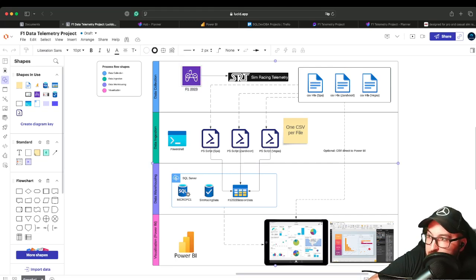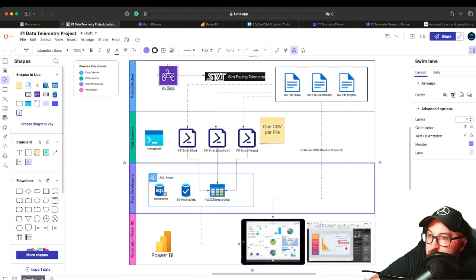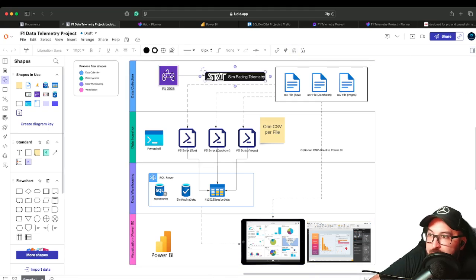So one of the objects I created was a swim lane diagram, which basically shows the different areas of this project in blue, green, purple, and pink. And so the first lane here is the data collection lane. That's going to be F1 2023. And using sim racing telemetry, I'm going to create 3 files, or Morse 314 is going to create 3 files. And it's fairly easy to do this in sim racing telemetry, so that's why I gave a quick turnaround time